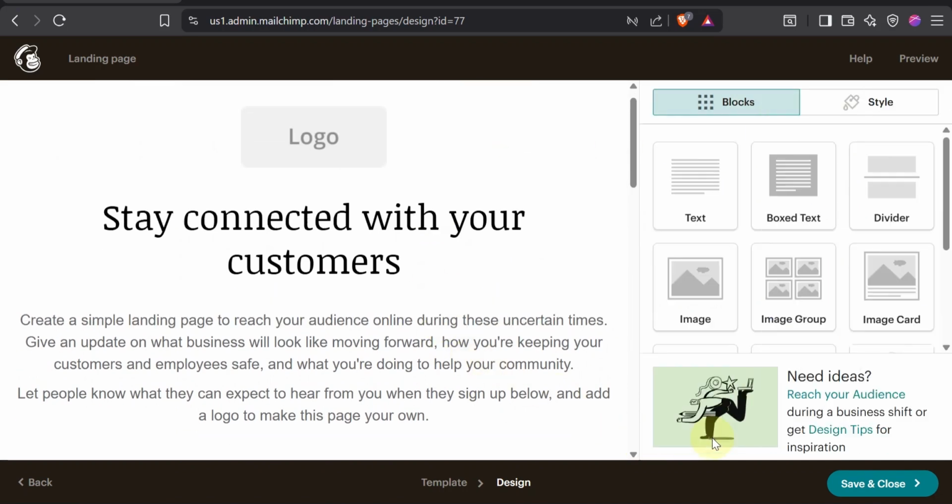And that's it. You've successfully created a landing page in Mailchimp, giving you a powerful tool to grow your audience